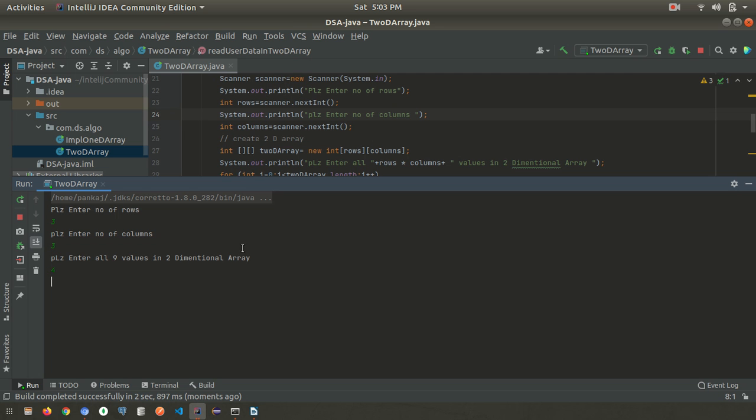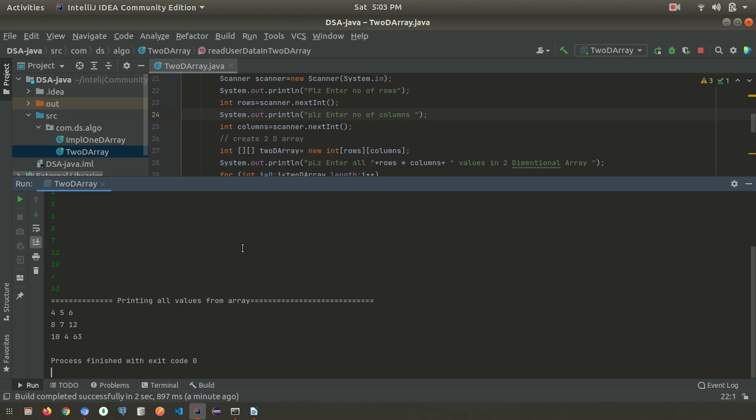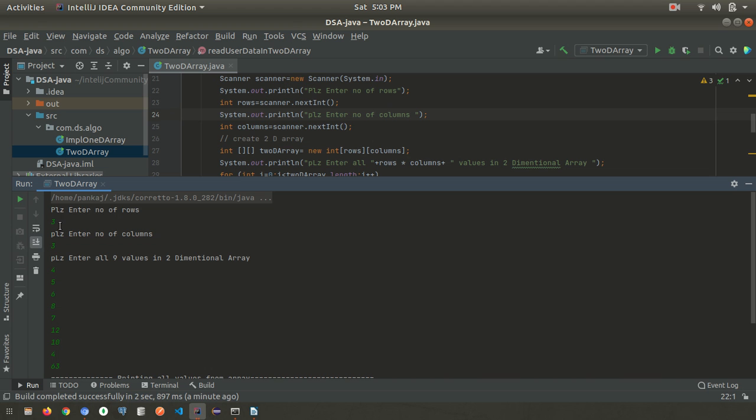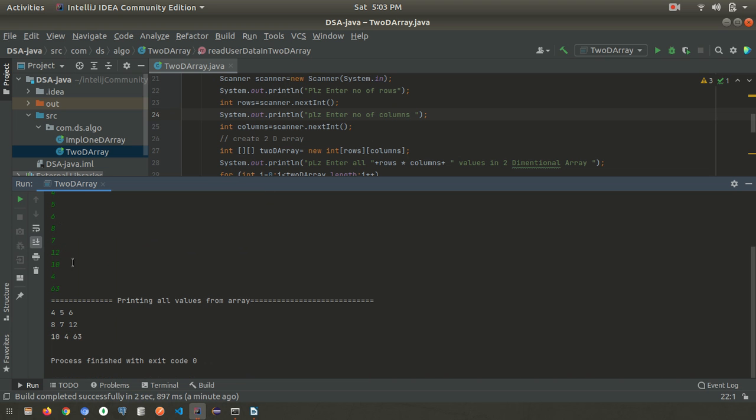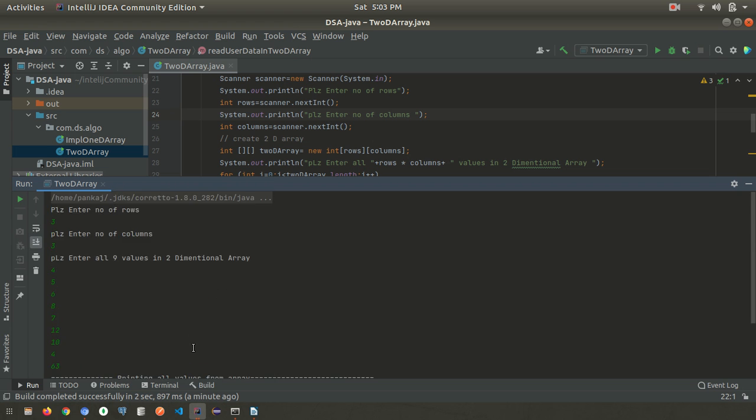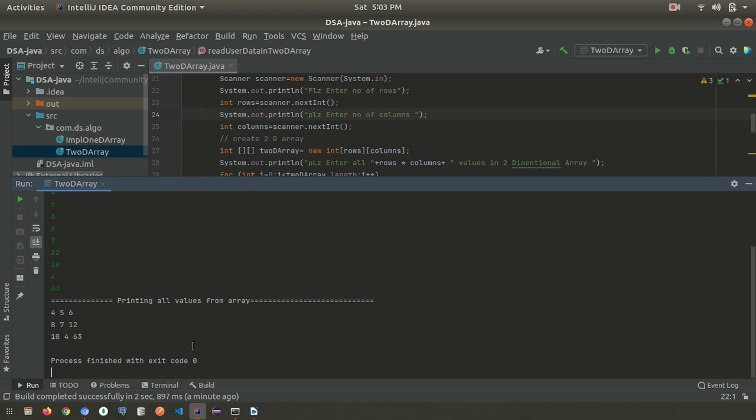So 1, 2, 3, 4, 5, 6, 7, 8 and 9. So total 9 values we have given. So number of rows is 3, number of columns is also 3. So 3 rows and 3 columns are there, and we are able to display all the data in the console.